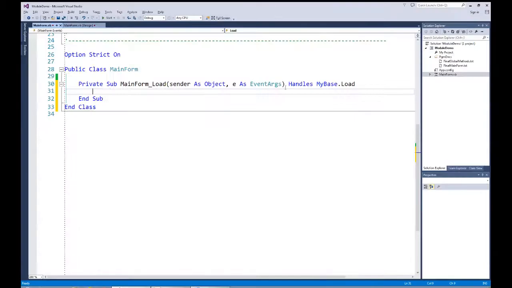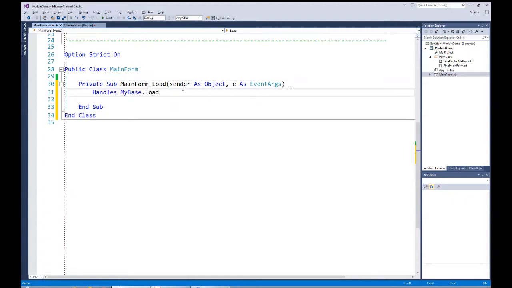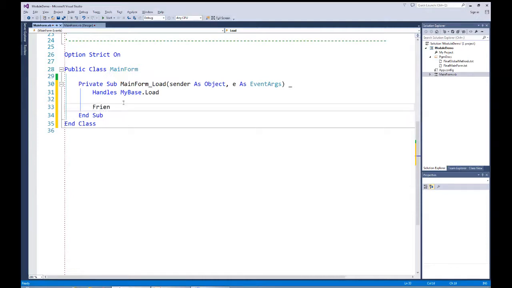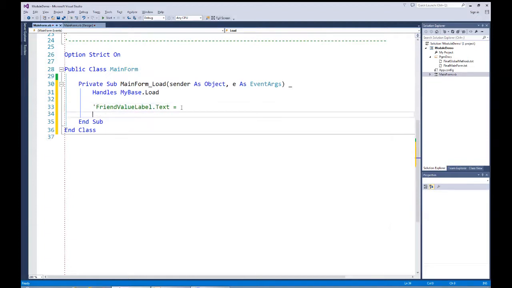Okay, I have now the form load event, which is the default for the form itself. And what I'm going to want to do is to have show up the two variables that I have declared, the friend value label text property, and I'm going to set it equal to something. Right now I'm going to make this just a commented line,